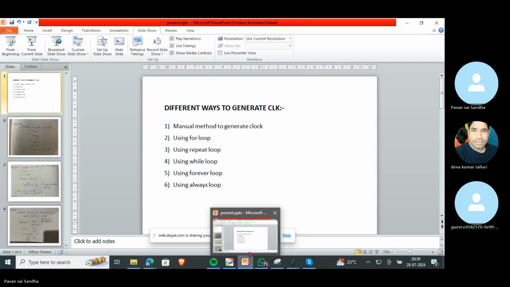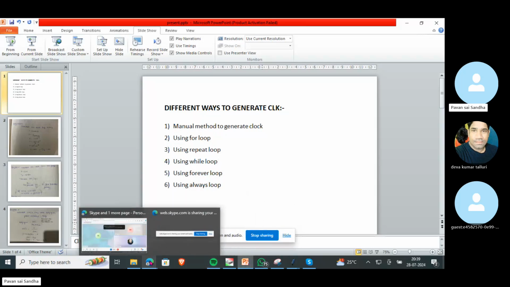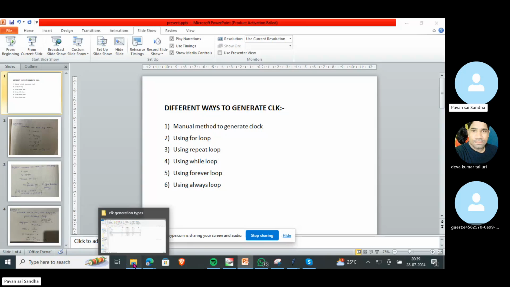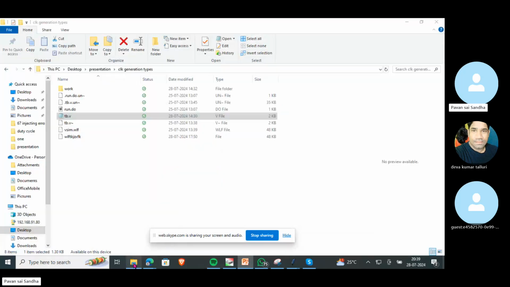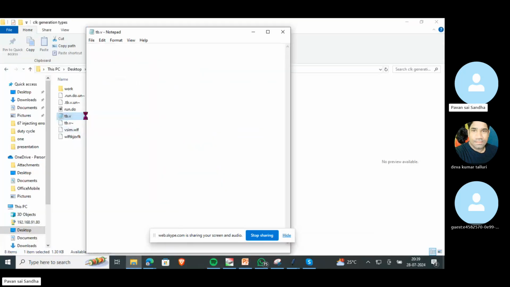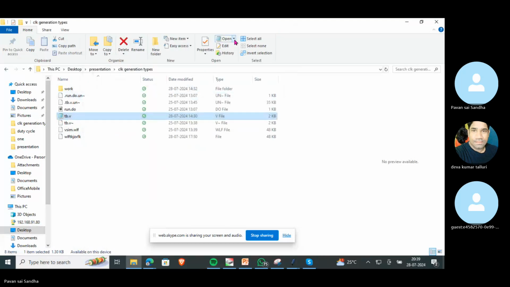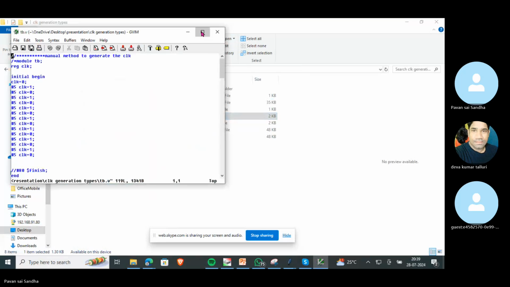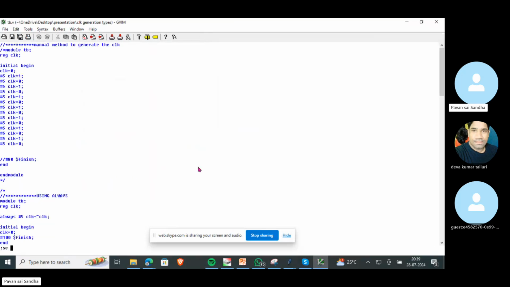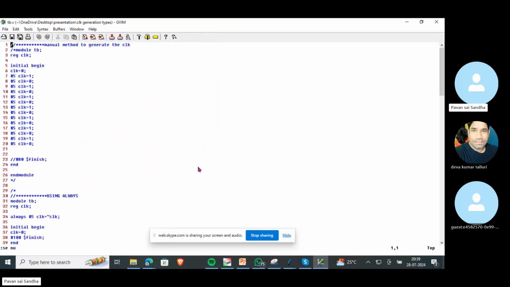And I will show how we generate the clock using ModelSim. This is the first one, which we are generating using a manual method,